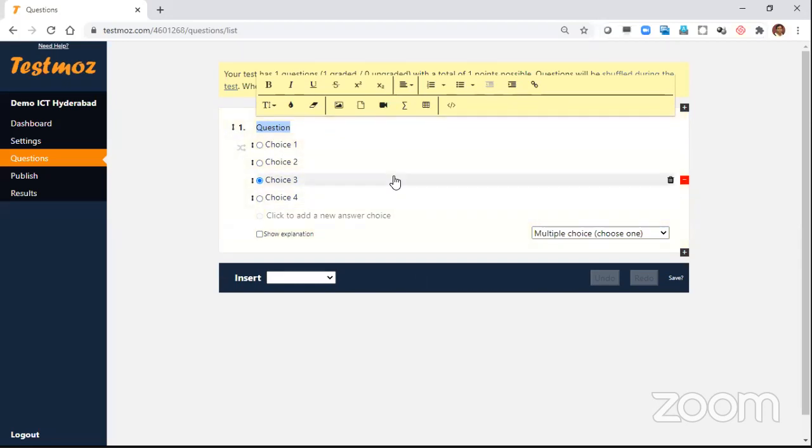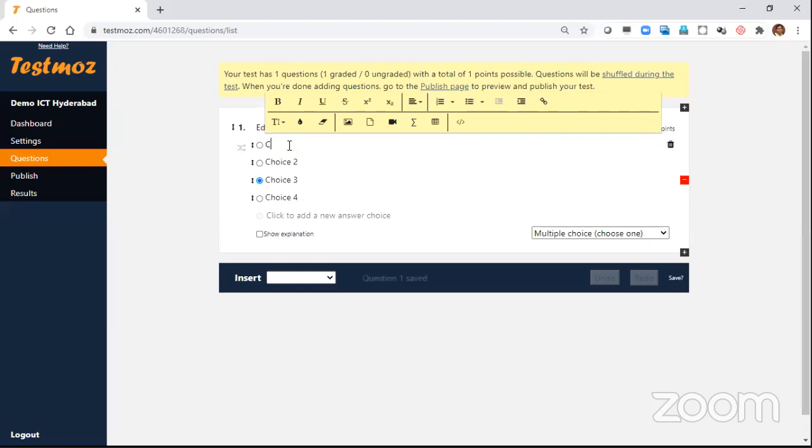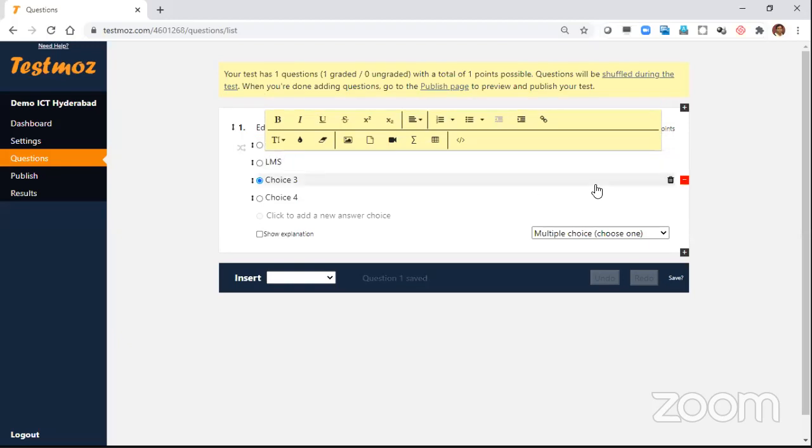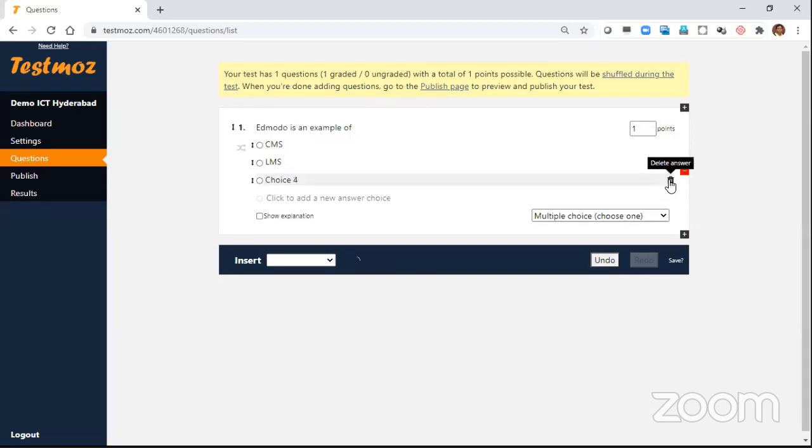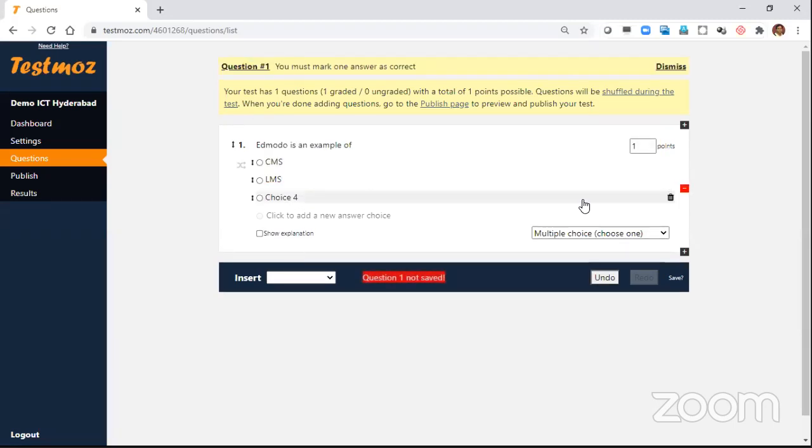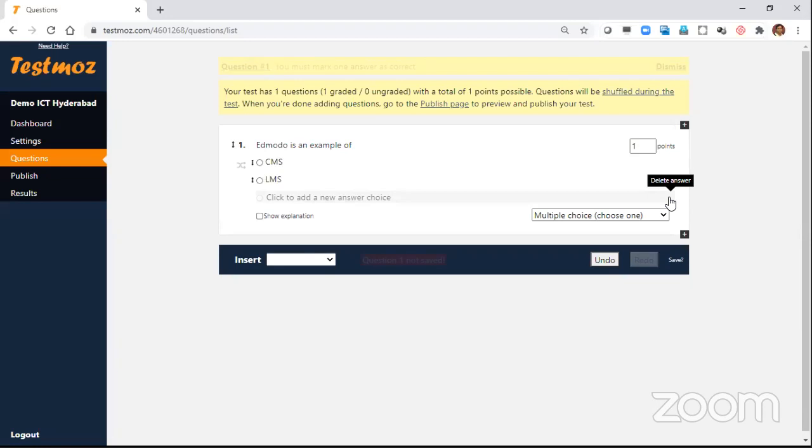I should have clicked here actually. See this button I should have clicked, but by mistake I have clicked this. No problem. Okay, enough. So let me remove it. The fourth one I also don't want to put, so delete answer. That's all. So first question is ready.